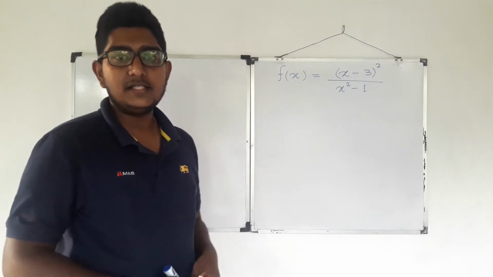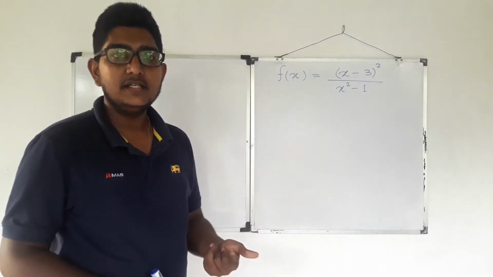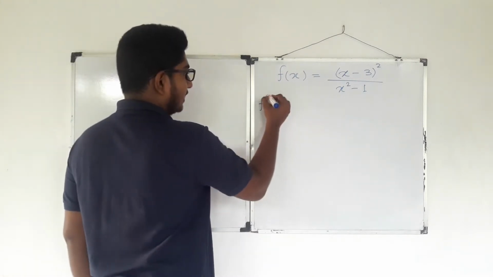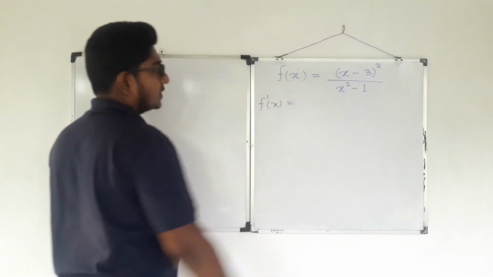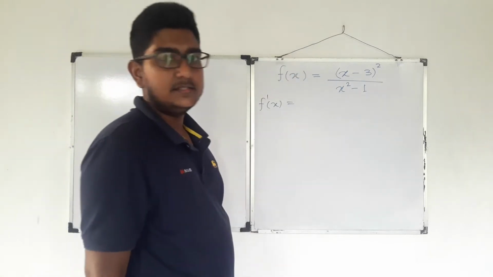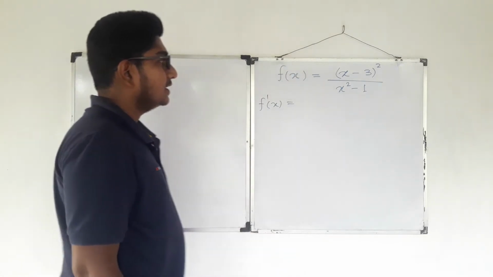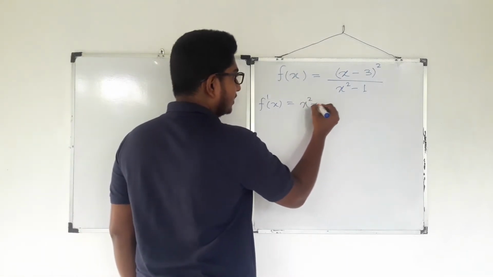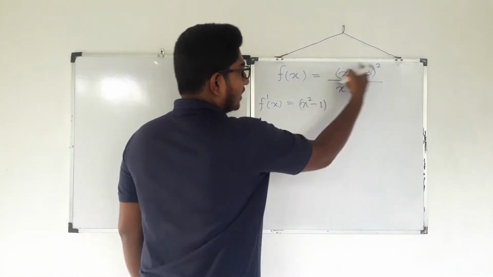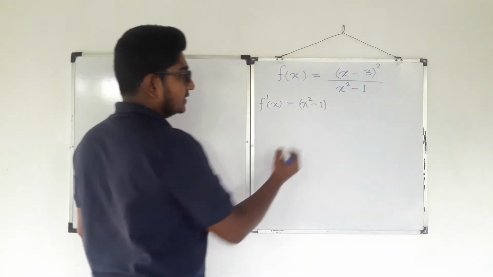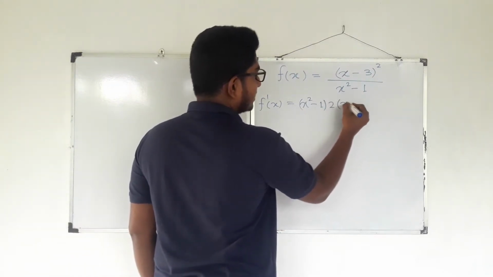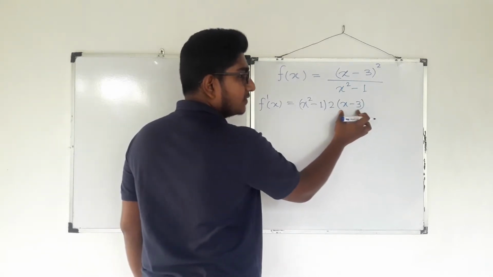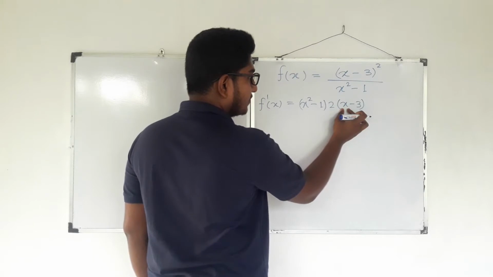For the first part, they want us to find the first derivative of this function. So that is f dash x. Since this is a division, we have to apply the differentiation of a division. That is, first writing the denominator as it is and differentiating the numerator. It's 2 times (x minus 3) and again the differentiation of the function. Differentiation of this function is 1,